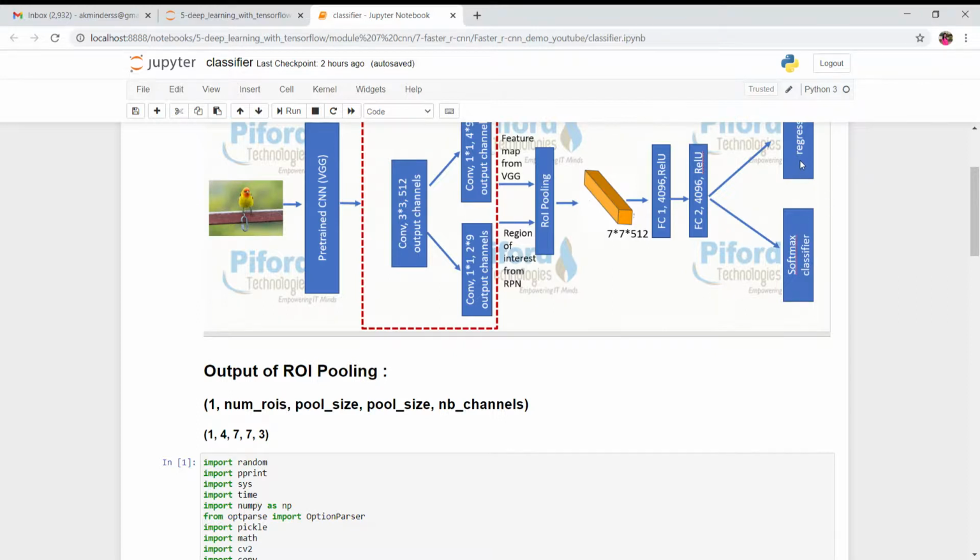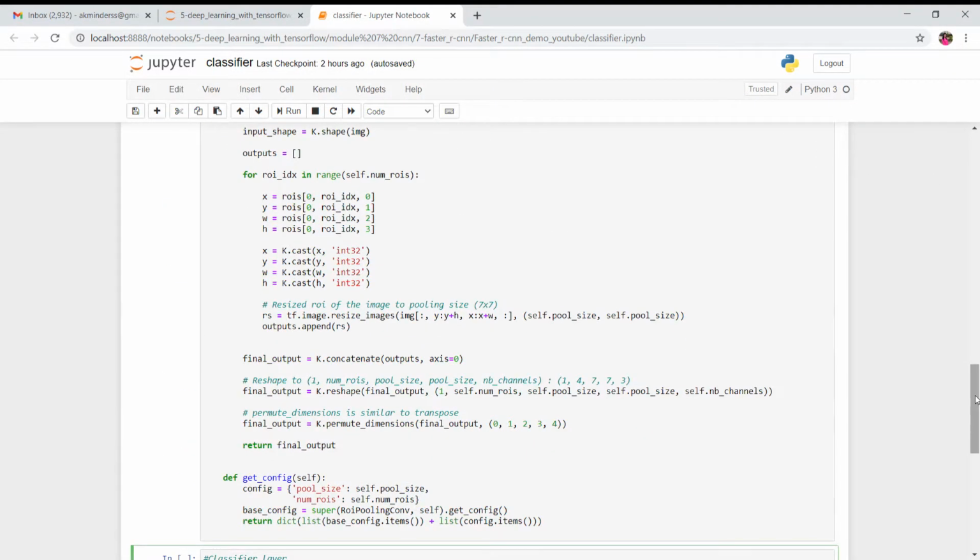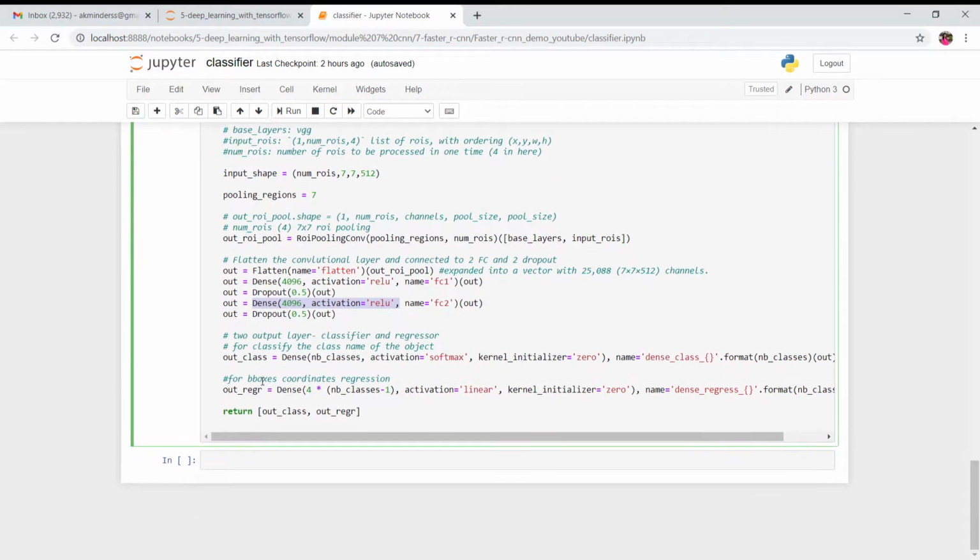And now let's talk about these two things, the softmax classifier and a regressor. This classifier is responsible for telling us which object is there in the image, and this regressor is responsible for plotting a bounding box. So let's see the code for it over here.